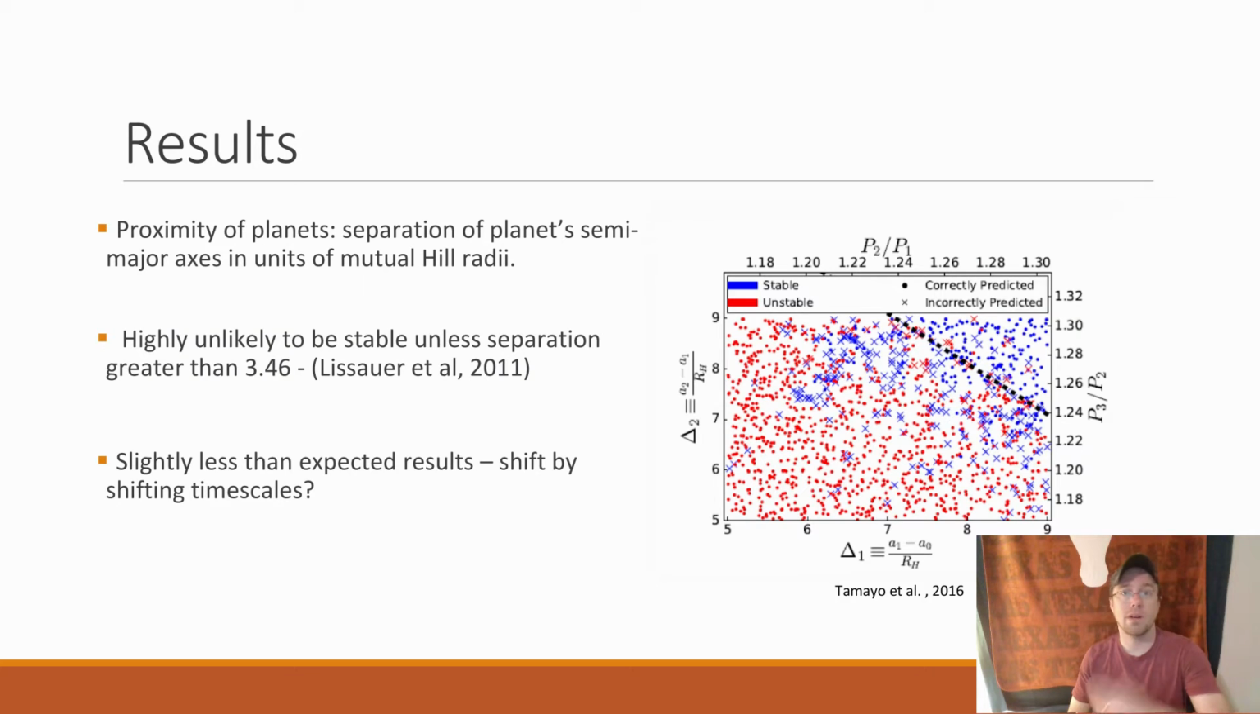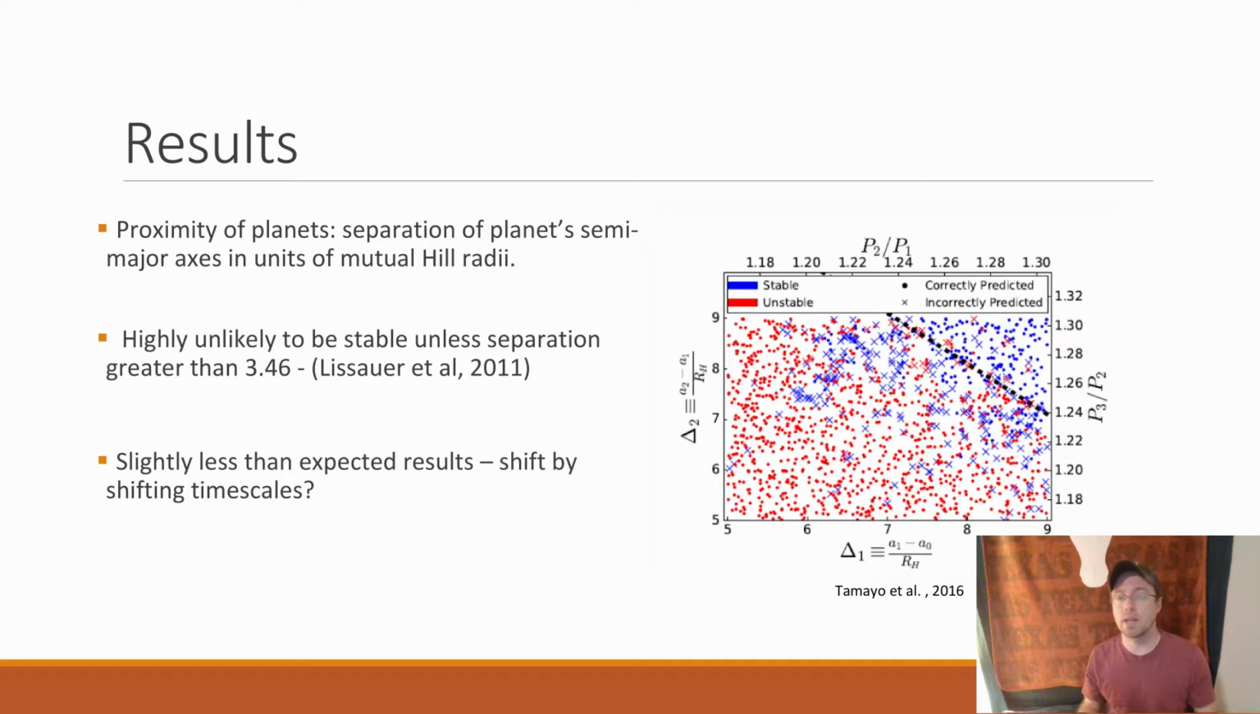Right. So the authors fed all this data into the machine learning algorithm, and what came out? What were their results? You'll see above me what I think is a pretty descriptive graph, and we'll go into that. But before we do, we'll talk about a more common way to measure the proximity of planets, and that's taking the separation of the planets' semi-major axes and measuring that in units of their mutual Hill radii. It's been found previously to be highly unlikely to be stable unless that separation is greater than